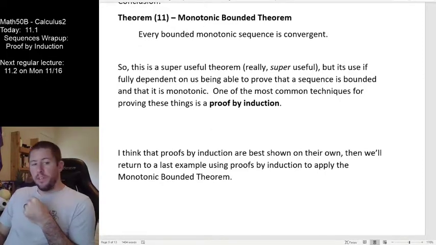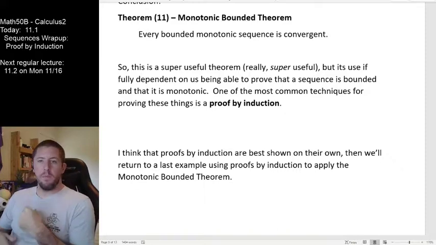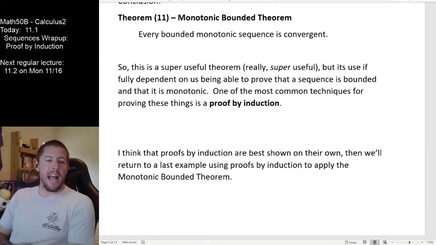So that really says that we need to do two sub-proofs each time we want to prove that something's convergent using this theorem. And it's very common that proof by induction is an easy access route to proving some of these things. So we want to do an example of using the monotonic bounded theorem, but before we do that,